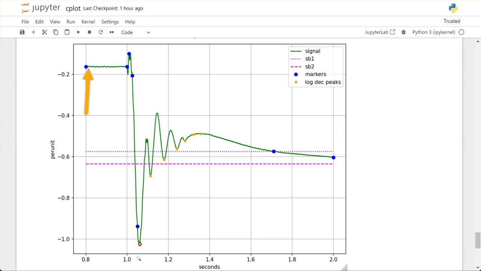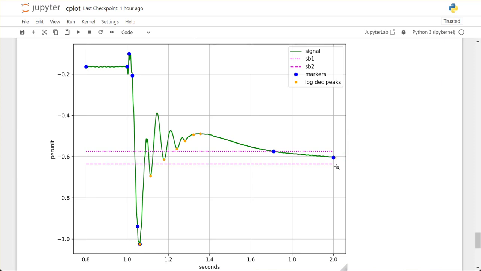This is where I identify the peak, which is minus 1.05 per unit. Going from this point here to this point here, that's 10% of the change. And so that's where I get my starting time, my event starting time. This is my peak value. This is my settle time. So the overshoot looks like it's almost 2 per unit based on that